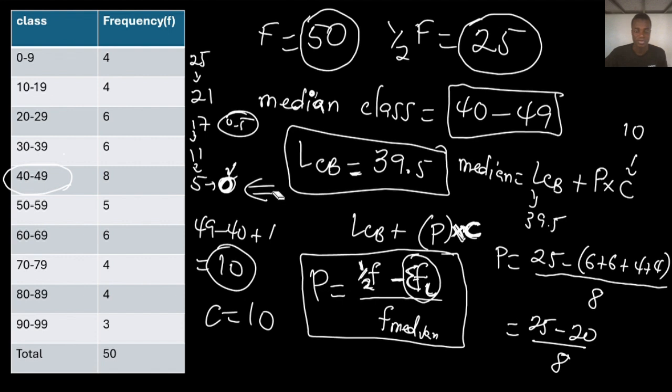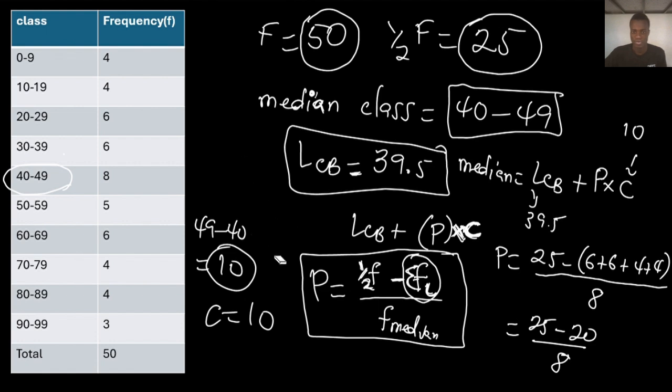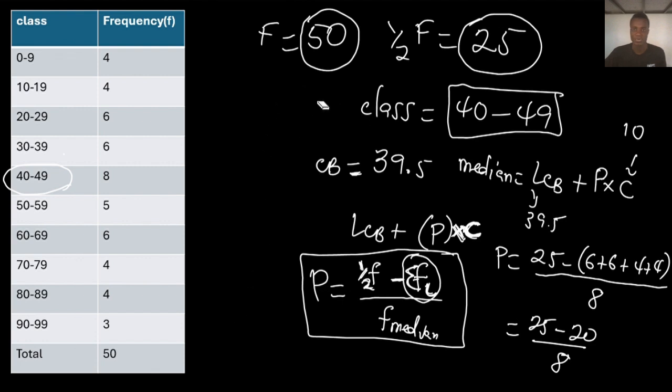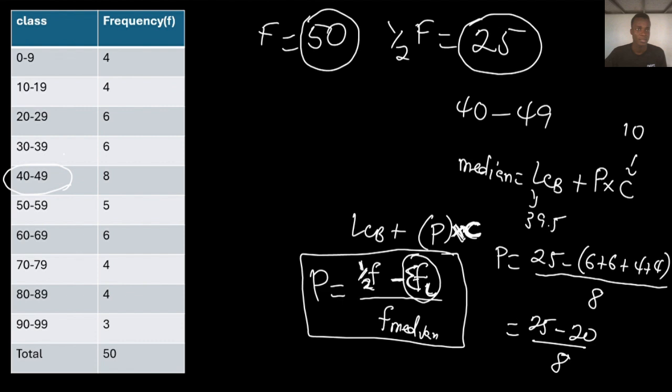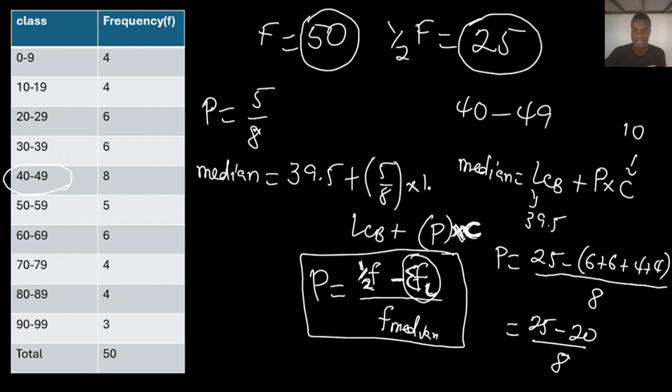Let me clean this side so that we can continue from there. So if you do 25 minus 20 all over 8, what do you have? Now our proportion is 5 over 8, right? That's our proportion. So now we come to the formula again and replace the values. We know the median is equal to lower class boundary, which is 39.5, plus proportion, which is 5/8, times the class size, which is